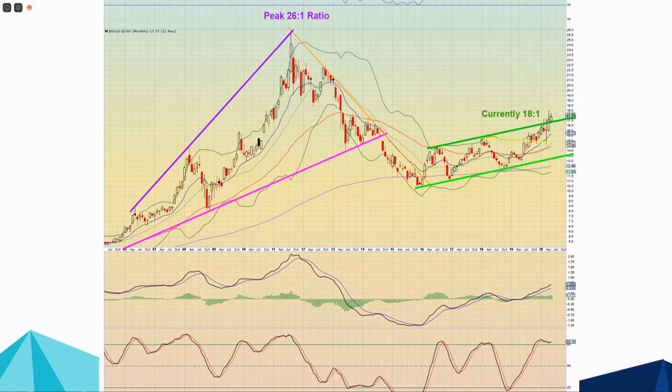So if we were to do a peak of 26, and you would multiply that by, say, hypothetically, whatever DXY is in the 90s, you'd come out with 2,444. So you can use this ratio, but I'm not necessarily saying that's a target. I'm just saying,